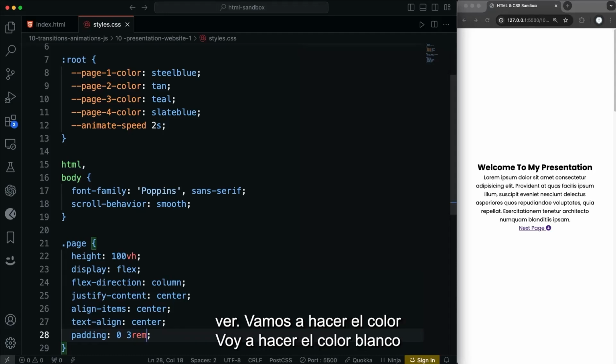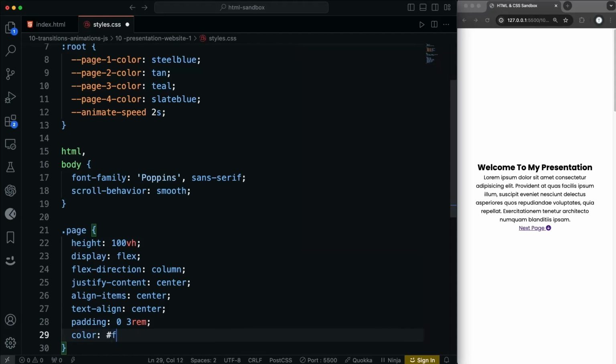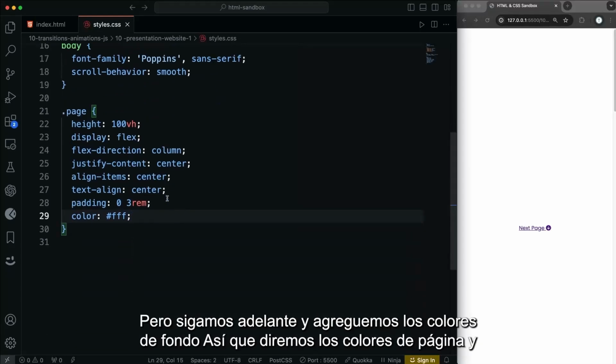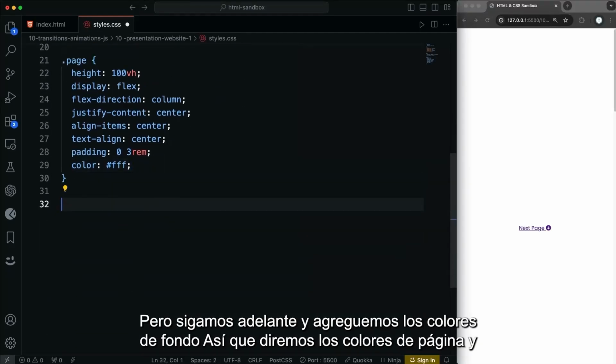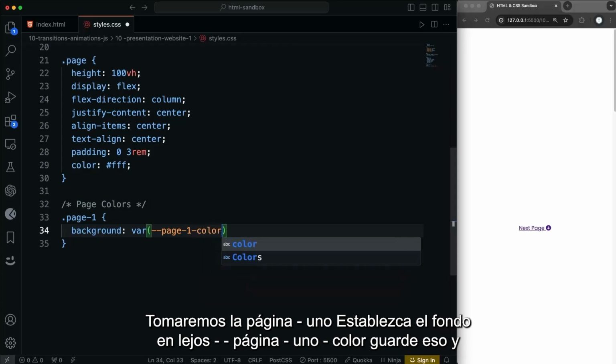And let's see, I'm going to make the color white because of the background colors we're going to use. I know we can't see the text yet, but let's go ahead and add the background colors. So we'll say page colors, and we'll take page-1, set the background to var(--page-1-color), save that, and